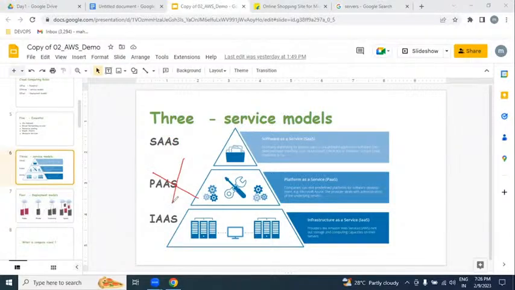If you are a Java developer or a Python developer, yes, you are part of that. But as an AWS admin, we are part of only IaaS, infrastructure as a service. With the help of IaaS, we can create infrastructure like servers, databases, network and storage.